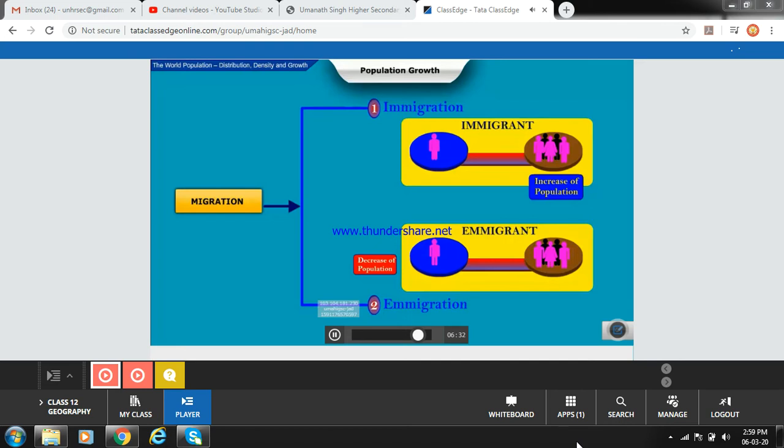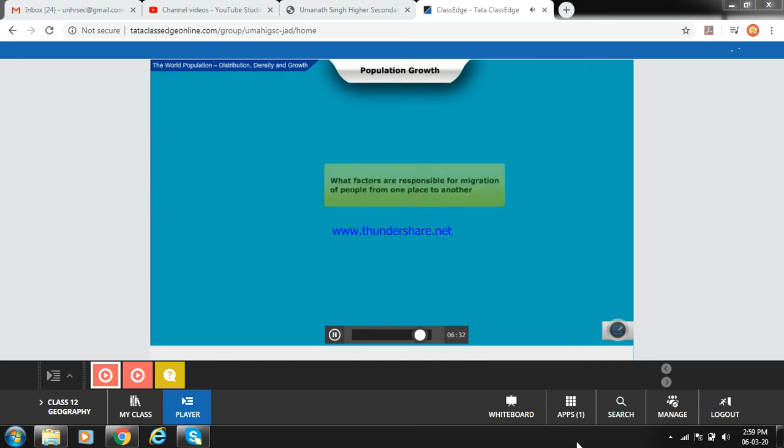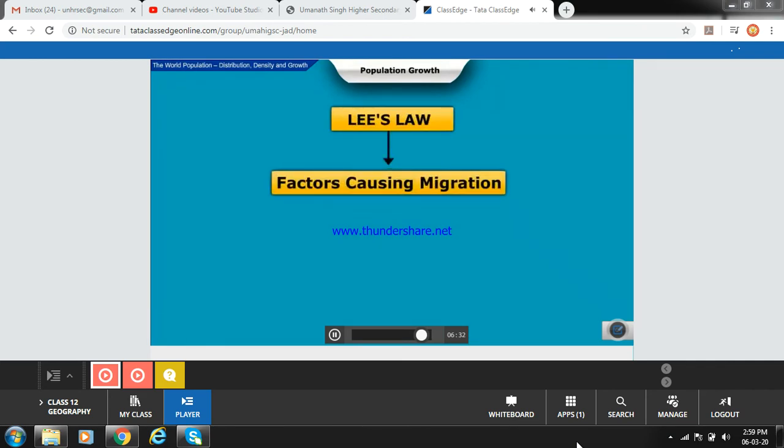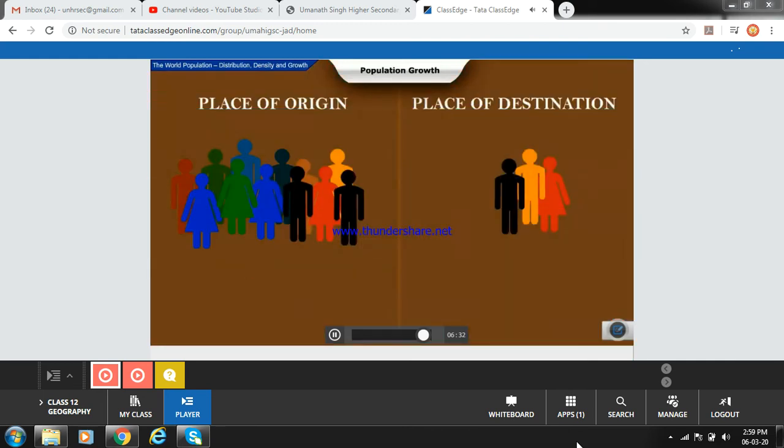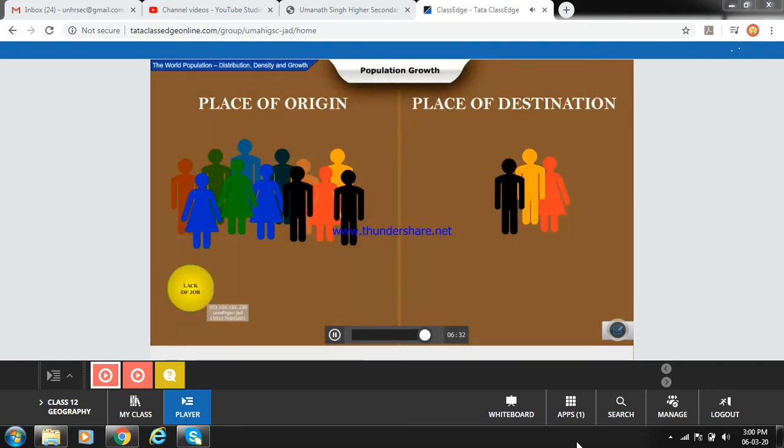From the above two discussions, it may be stated that a person at a time can both be an immigrant and an emigrant. What factors are responsible for migration of people from one place to another? Lee's law divides factors causing migration into two groups: push factors and pull factors. Push factors are those that make people leave their country of origin for several reasons, such as lack of jobs, poverty,